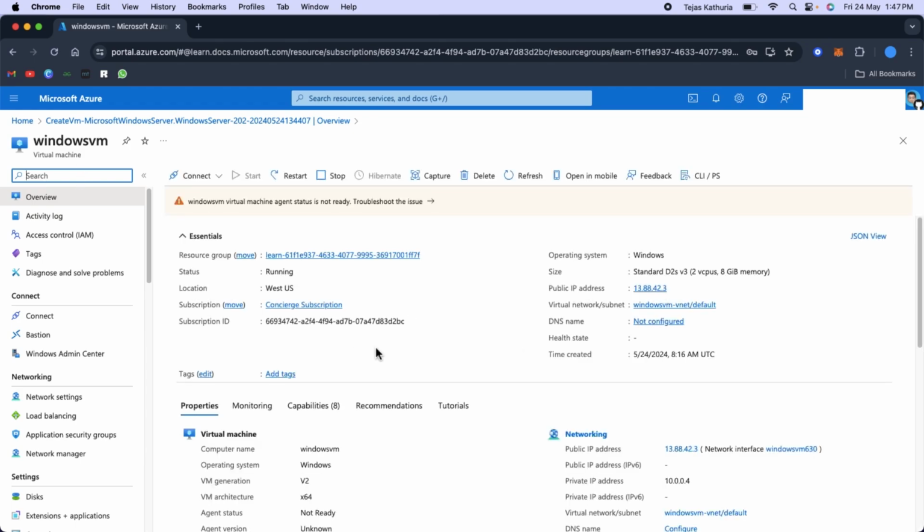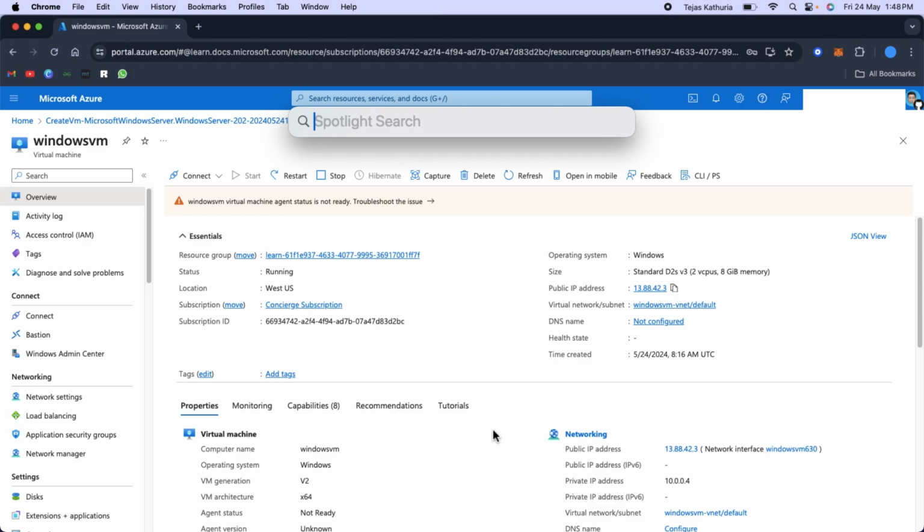The option which we need the most is the public IP address. This would allow to communicate with your virtual machine via the Microsoft Remote Desktop application. So simply you have to copy this to the clipboard. And now, if you are on Mac, you have to download Microsoft RDP application via the Mac App Store. Otherwise, if you are on Windows, it's pretty simple. The app should be pre-installed on your computer.